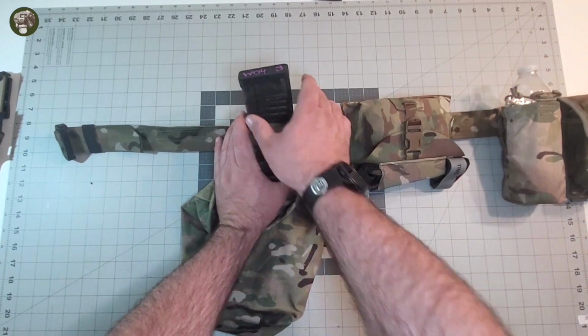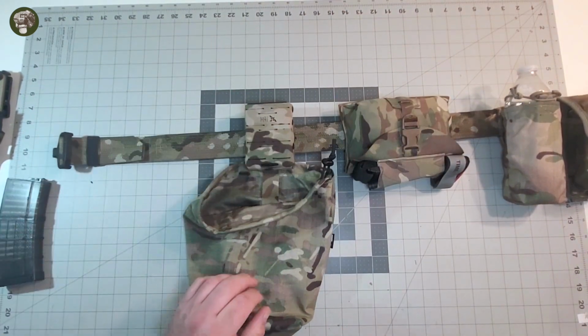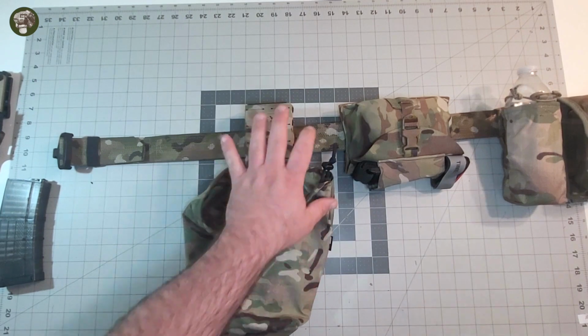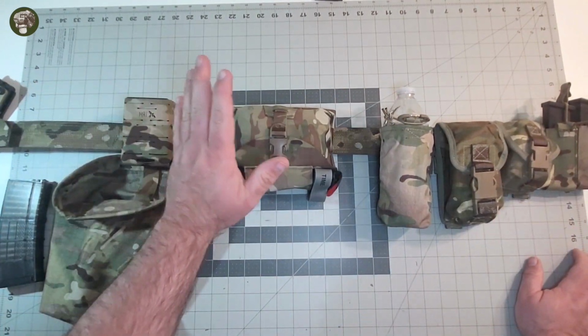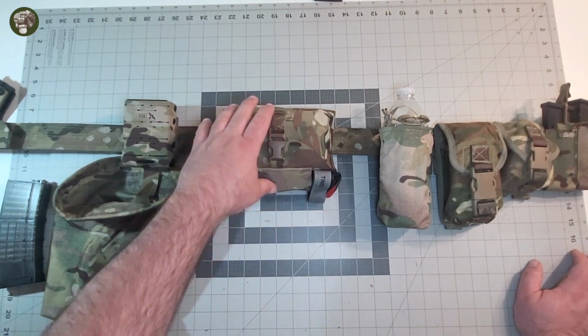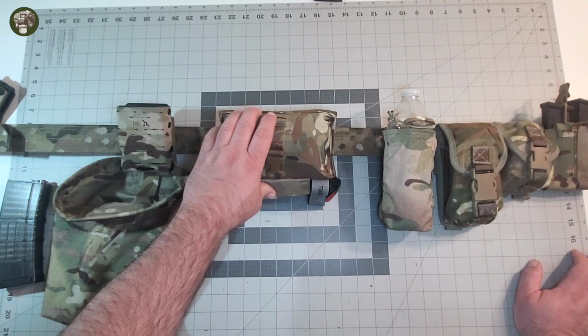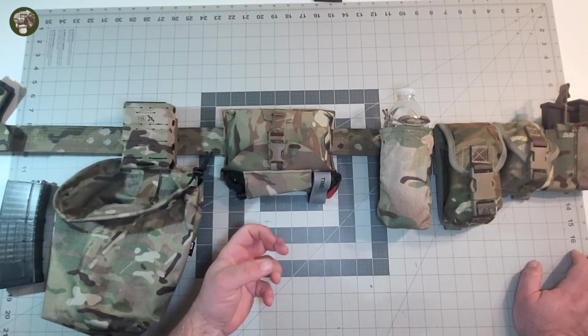Inside of here, I've got the Airsoft Lancer magazine, because I've been running this with an MCX. Coming this direction, we have a GBRS group medical kit. I do like these quite a bit. I have it orientated, I believe, upside down. Normally they have it this way. I have it orientated upside down so I can drop the med kit into my hand as I pop it